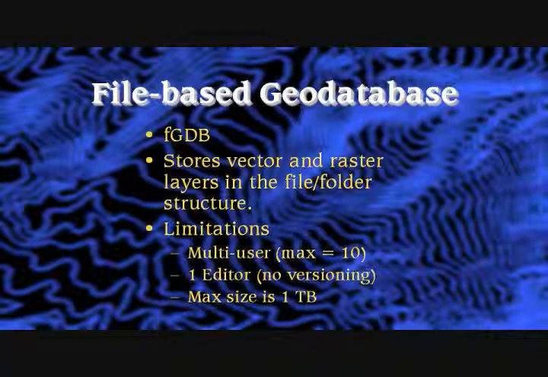Cloud computing type of concept right there. There are limitations, of course, with file-based geodatabases, and one of them is the maximum size is 1 terabyte, but that is a pretty